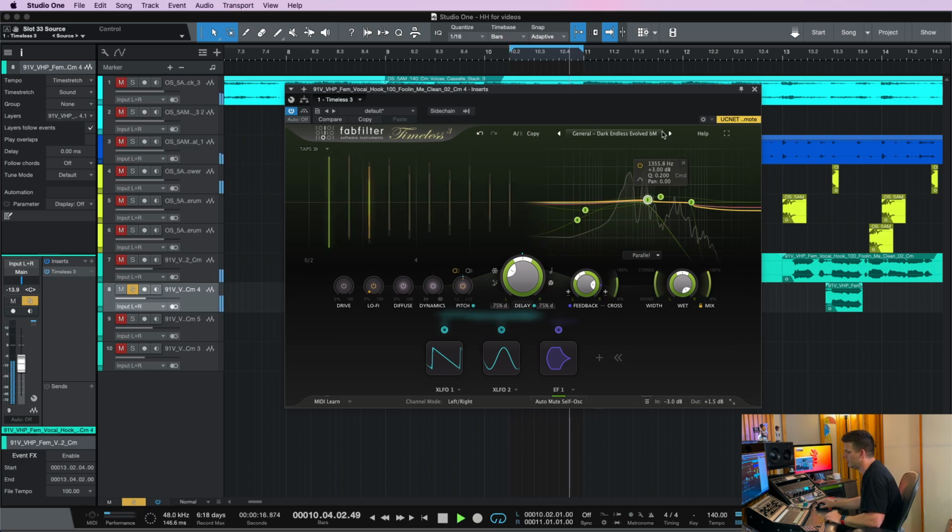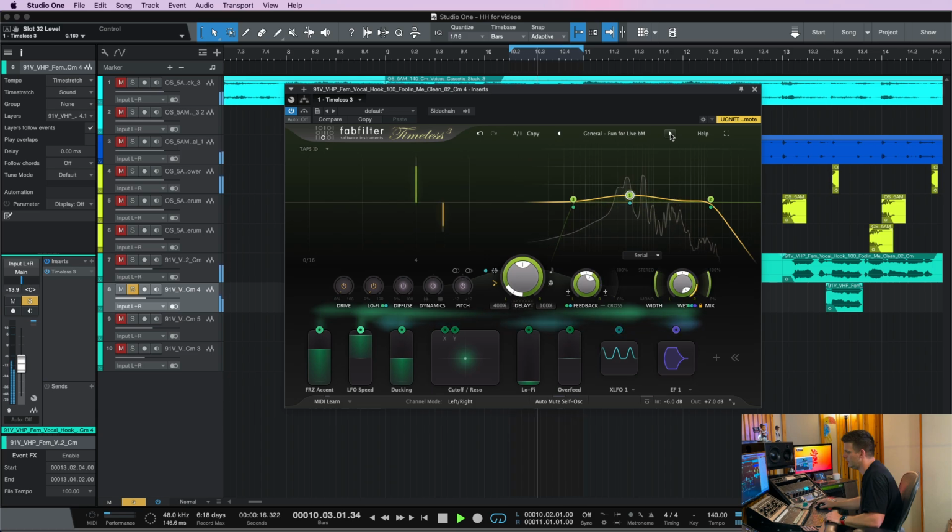baby, baby, baby, baby, baby, baby, baby. So you can have the LFOs doing different things with the feedback or the wet and dry or whatever